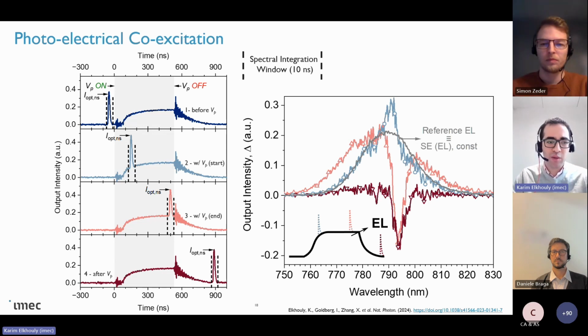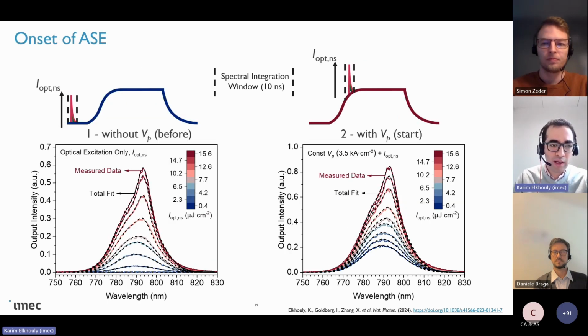So this actually shows that when our optical pulse and the electrical pulse overlap in the beginning, we have an electrical assist to the ASE. And this is a signature. In fact, this is the first signature that a large number of carriers injected by an electrical pulse contributes to ASE. To try to quantify this, we change the optical power from 0 up to like 15.6 microjoules,